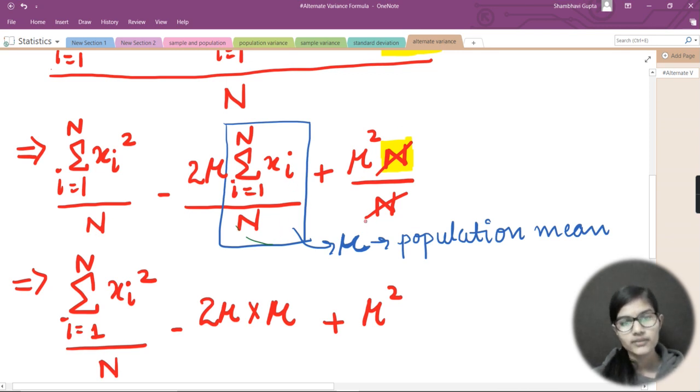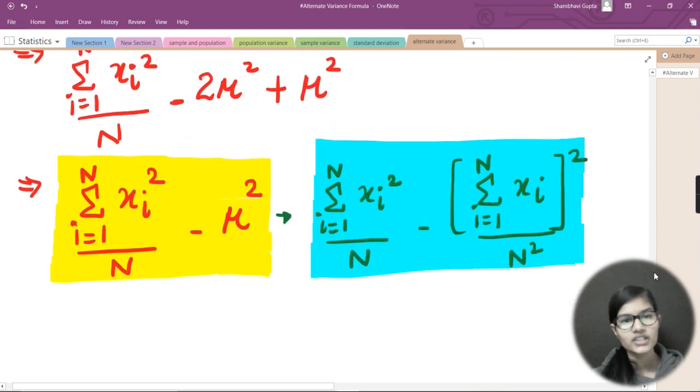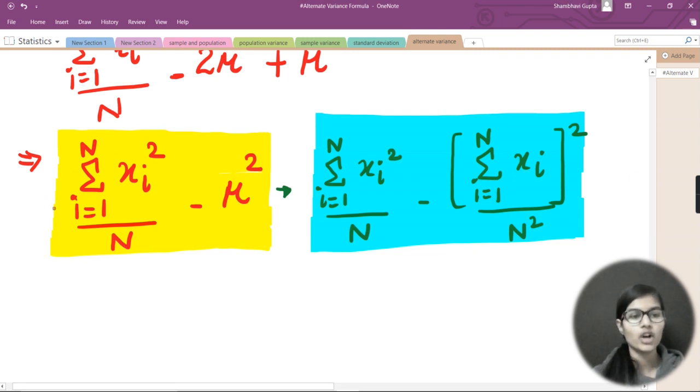So here we can just cancel this n and n. After that, what I got here was the formula for finding the population mean, sigma i equals 1 to n of x of i upon n, right? Then in the next step we wrote that formula and we got this step, that is sigma i equals 1 to n of xi square by n minus 2 mu square plus mu square, and when we subtracted minus 2 mu square plus mu square, we got our first new formula for population variance for today, that was sigma i equals 1 to n of xi square upon n minus mu square, right? So this was the first one.